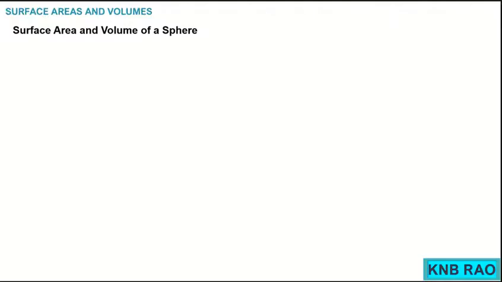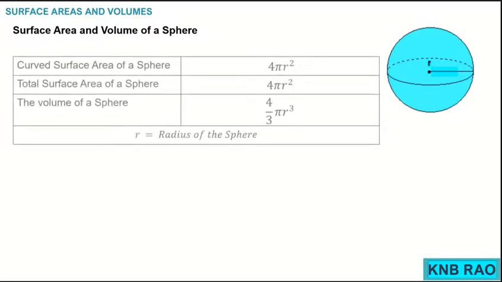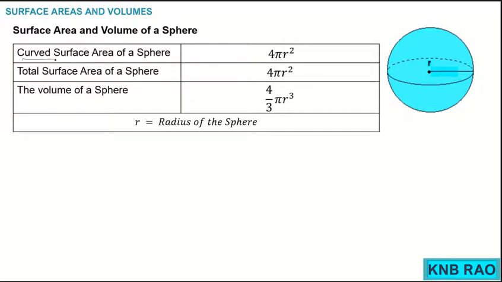So students, after understanding, the surface area of a sphere is 4 pi r square, and that can be considered as curved surface area in one way, or total surface area in another way. Now we will go for learning the volume of a sphere. Volume of a sphere is 4 by 3 times pi r cube. It is not square, it is pi r cube.